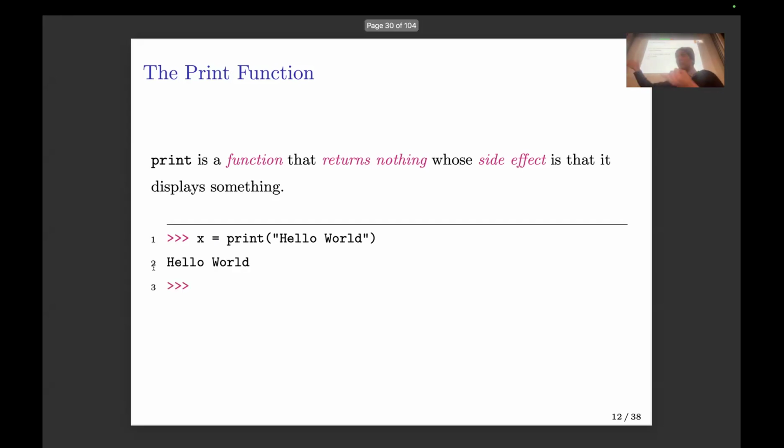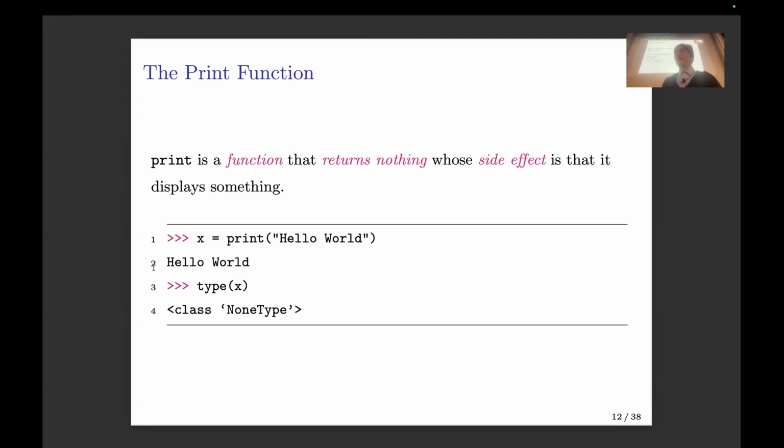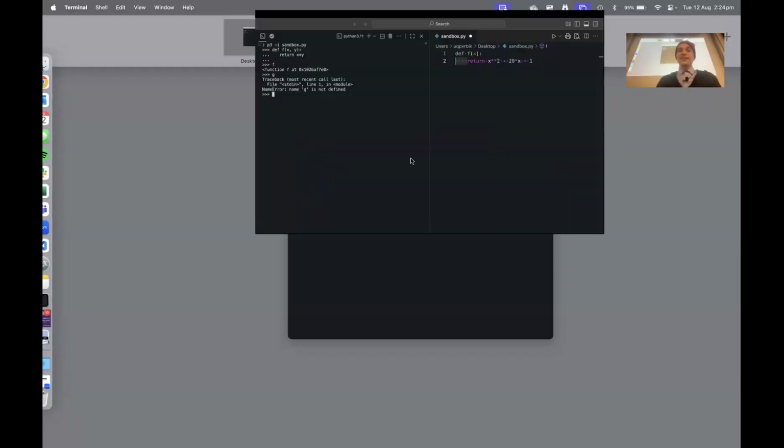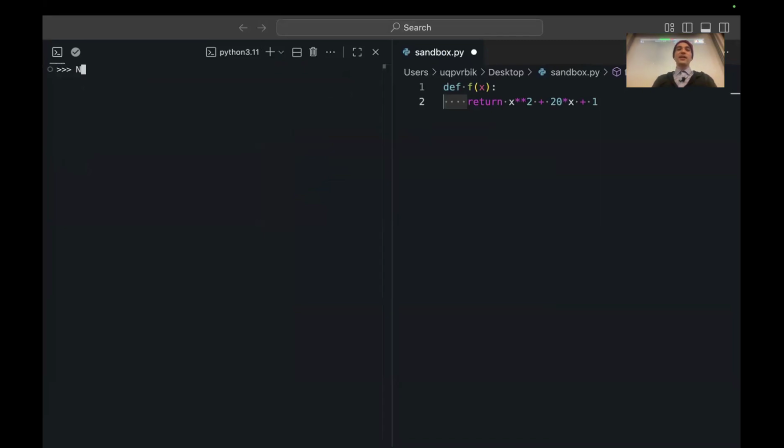Hello world prints to the screen. That's the imperative of a print. But what is stored in x? Nothing. Okay, so there's a new literal. There's one extra piece of data that I didn't talk to you about, and it's None. The type of None